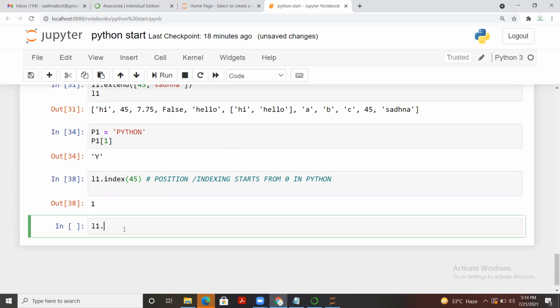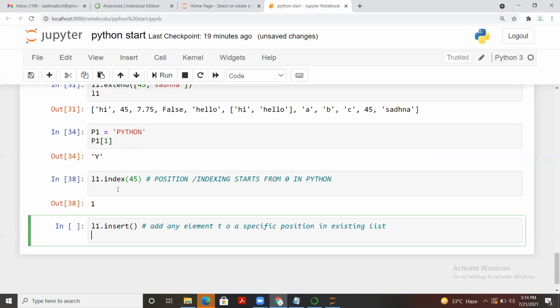So what is the next option? We have insert. Insert is used in case you want to add any element at a specific position in an existing list. So what is L1? Here I'm going to pass it directly. The first is the position.